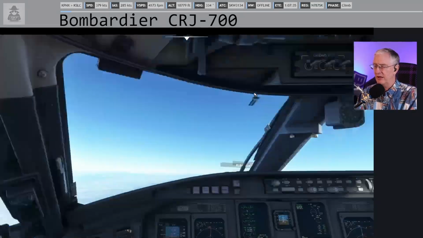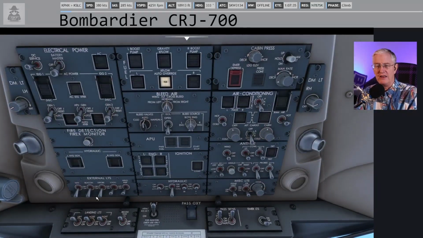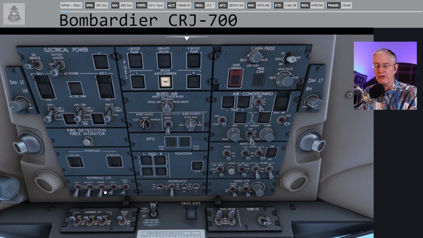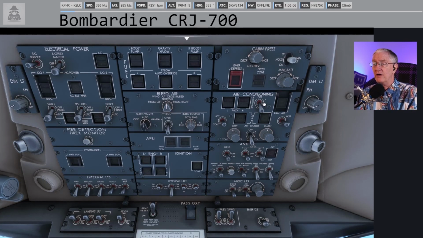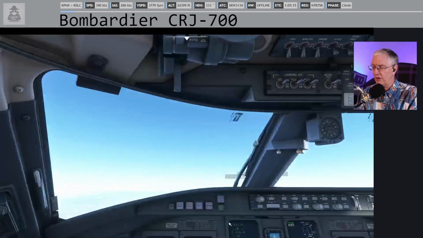Perfect for us. Looking up here, let's see if I've gone and done anything wrong. Nav, beacon, strobes, all of those look good. Logo lights off, it's daytime. All the landing lights on the airplane are off. Oops, we're done with takeoff, so we can turn off the X-Flow or Cross-Flow Auto Override. That's good too. Air conditioning is on. We have got the probe heat on, the window heaters on, seat belts on, all that looks